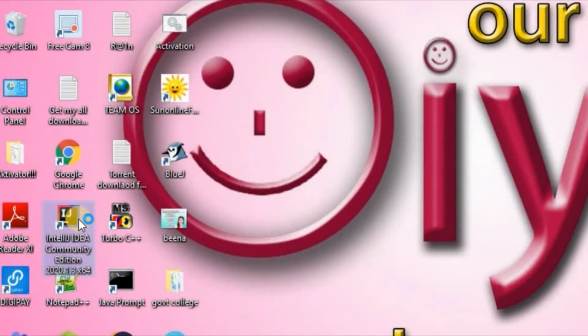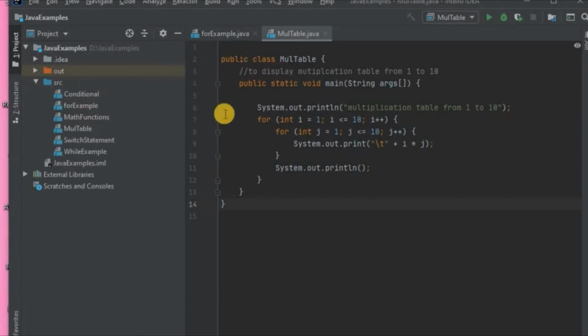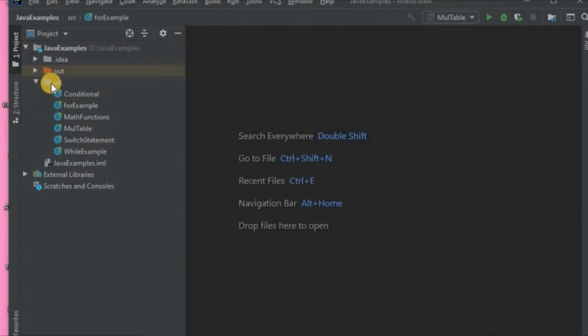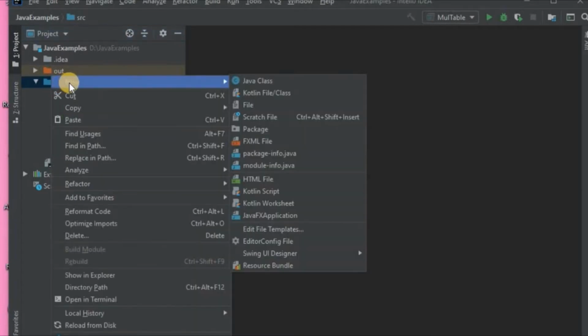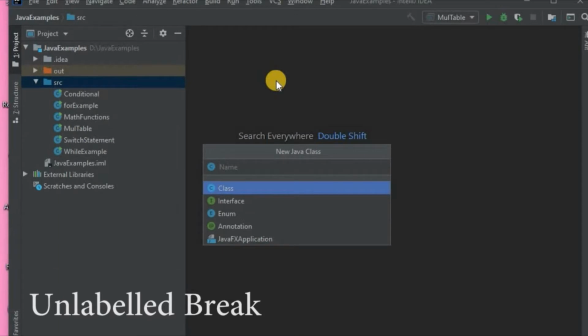I'll open IntelliJ. When you open IntelliJ, it shows the previous programs. We will close those programs and click on SRC, then right click, then take new Java class and take the name as break example.